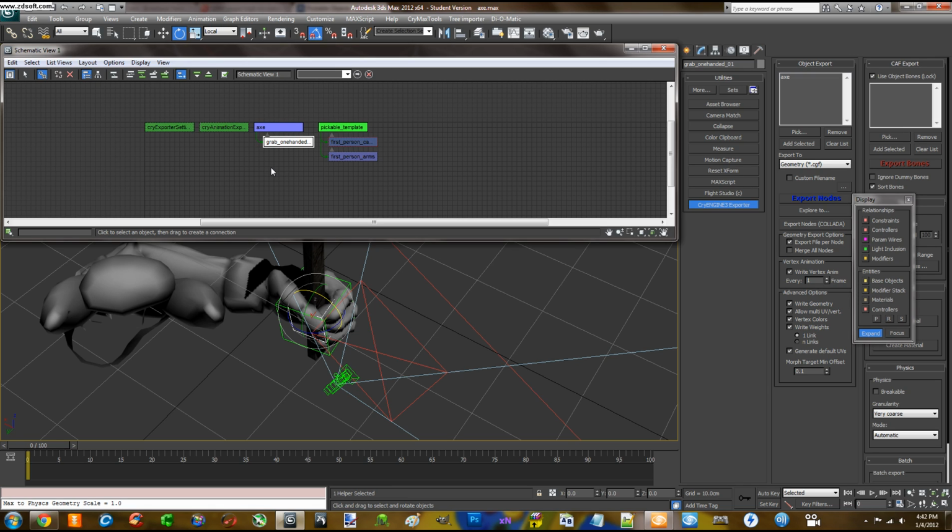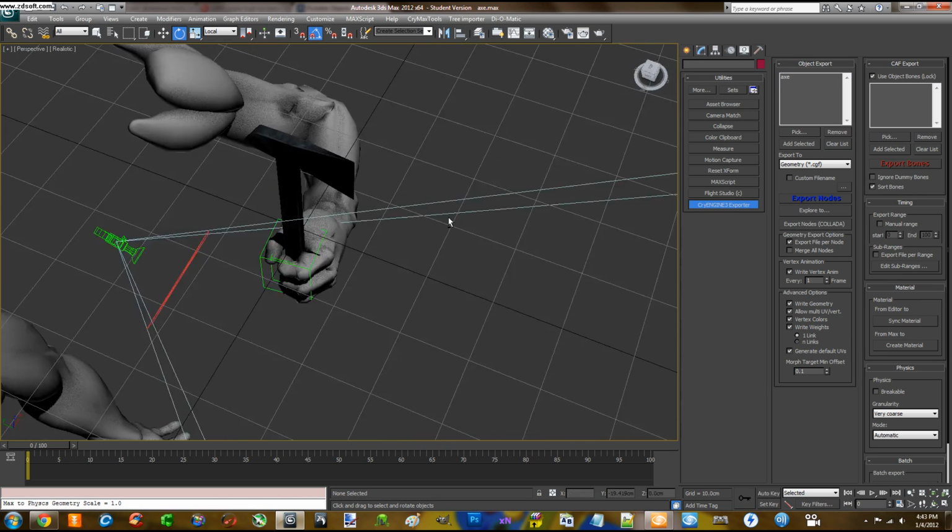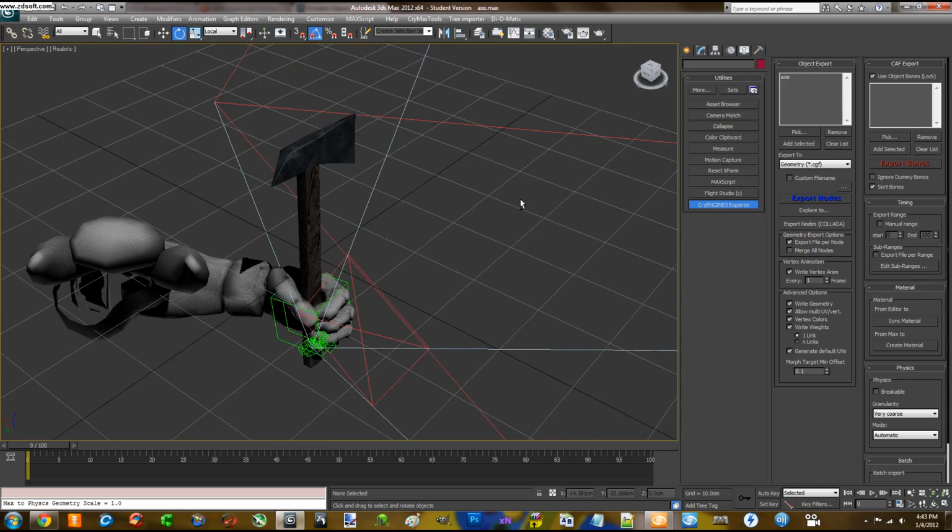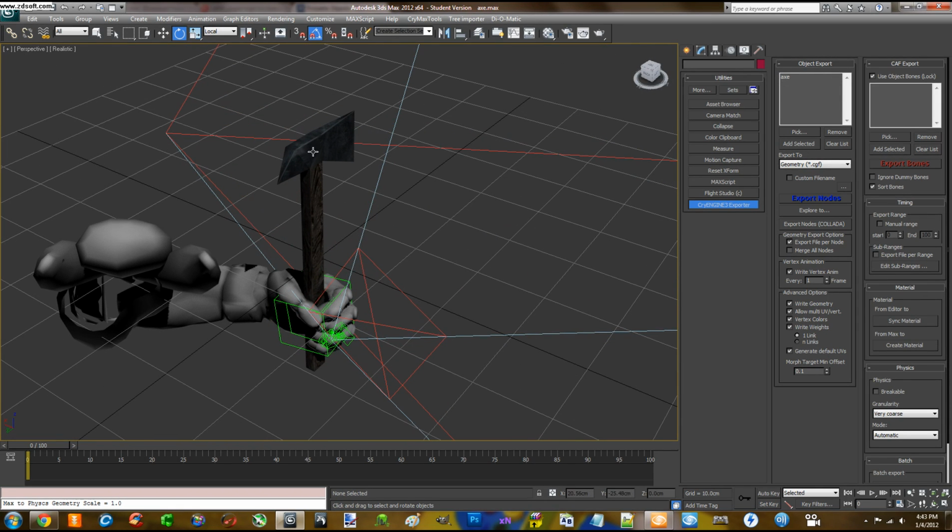This is important, because when your axe moves around in the world and level, the grab one-handed will stick with the axe wherever it needs to. That needs to be done. So there we go. Once we've done this, all we have to do now is click our axe again, go to the export, make sure we go to